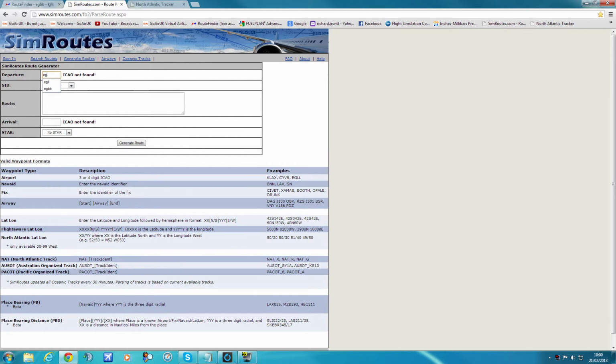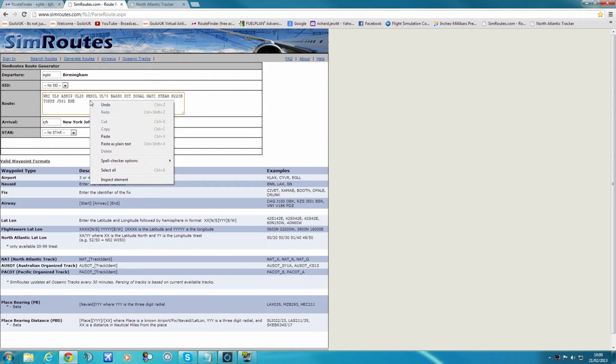Departure, put your departure in. Wait a bit for it to reload. Birmingham, arrival, JFK, New York John F. Kennedy, and put in the route. Wait for it to reload, put in the route, and paste it in. So right click, paste. Okay, so what you want to do is you want to look at your route, and